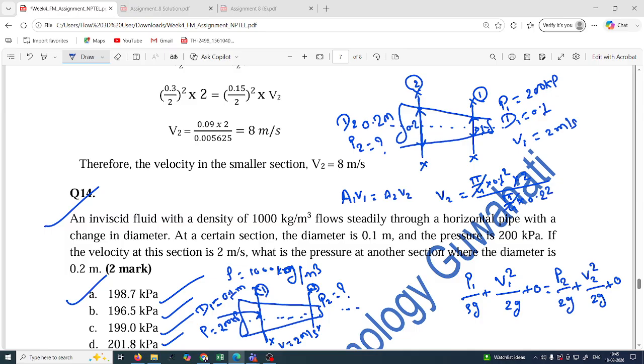So pi by 4 will be cancelled out. 0.1 into 0.1 into 2 divided by 0.2 into 0.2. So this will be cancelled out. So 2 by 4. 2 by 4 means what? 0.5